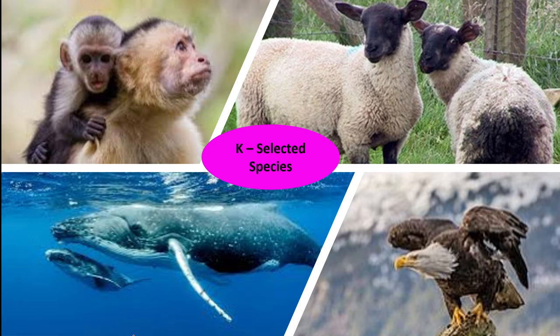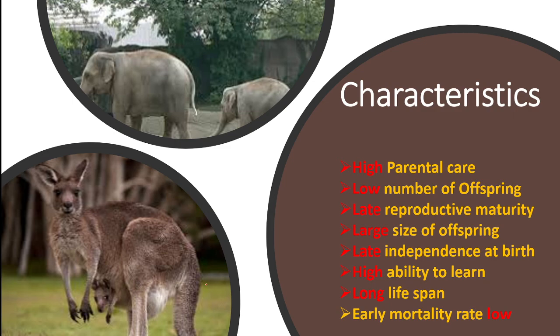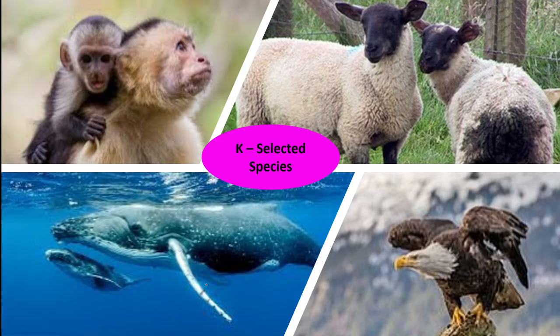Here, in K strategies, the size of the organism is large and they have longer life expectancies. You know, human beings live for a longer period of time. Even elephants live for a longer period of time. They are stronger or better protected and generally more energy efficient. The reproductive strategy is to grow slow, live close to the carrying capacity of their habitat, and produce a few progeny, each with a high probability of survival.